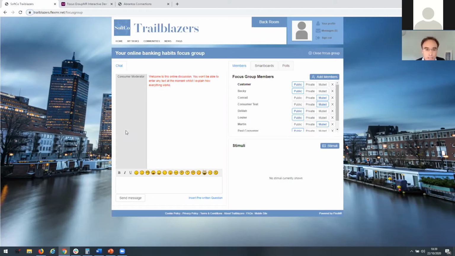Purpose of this is, don't need to remind you, it's a moderator, 60 to 90 minutes. It's live moderation, live discussions, ideally online between 6 and 10 people. Smaller groups do tend to work better online, but we regularly run groups with 8 and 10. This is a live chat version of an online focus group. It's our traditional way of doing it.